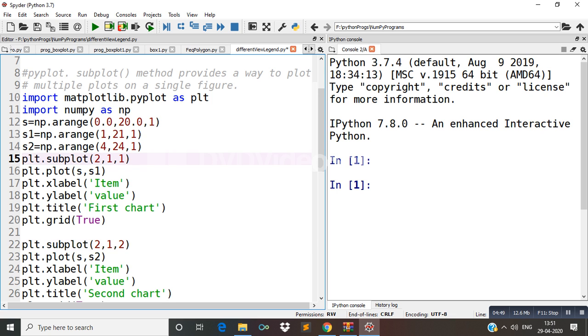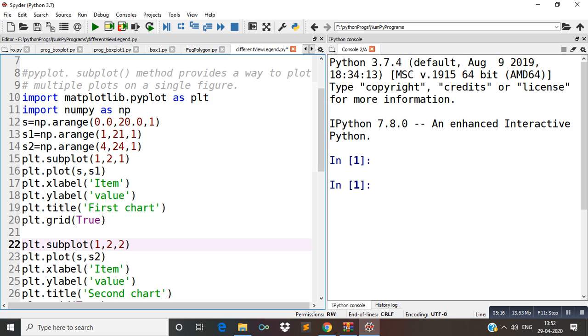It means two figures will be stacked one above the other. So first of all, I change these values and see what the output is. Mainly you have to understand the meaning of these parameters, and the remaining things you will get easily. So now execute this program.